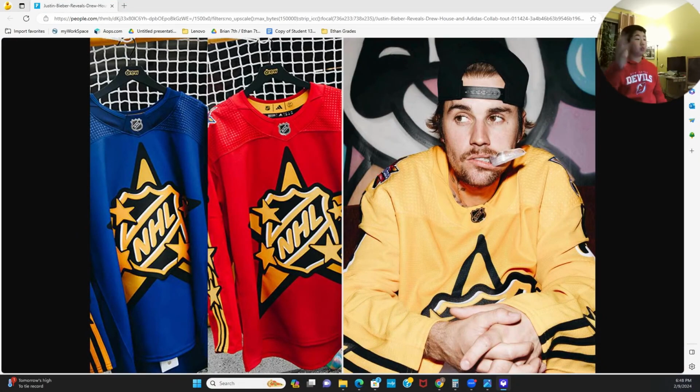In the past week, we saw the NHL 2024 All-Star Skills competition and game, and with this came the newly released Justin Bieber collabs, guys. Justin Bieber collab NHL jersey. Now, bringing up these jerseys, I think these jerseys are pretty sick. They're pretty cool. They're nice and simple, honestly. So I think it's a good time to review and rank the top NHL All Star Skills jerseys